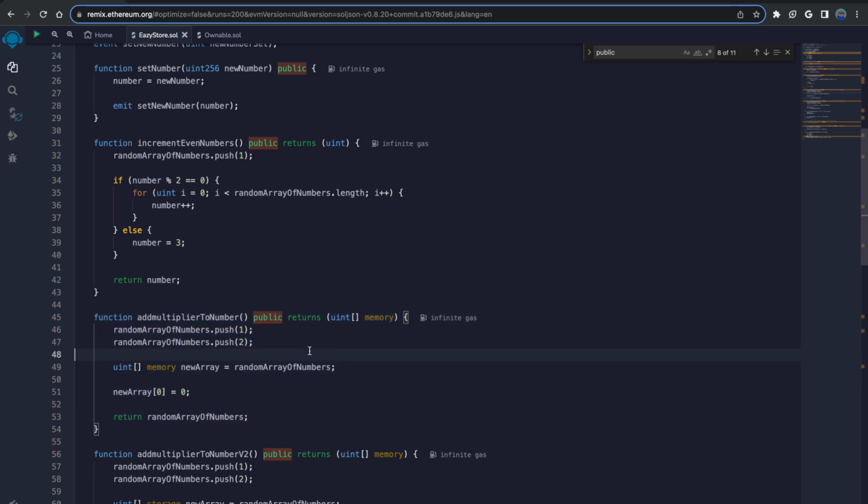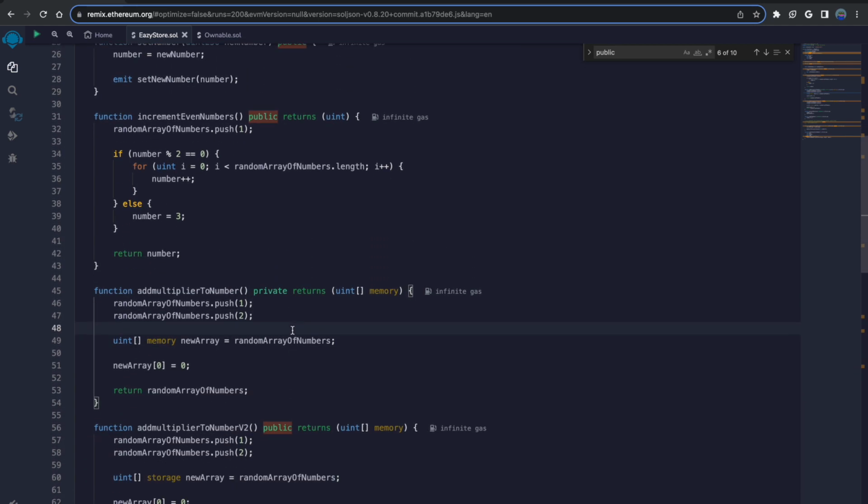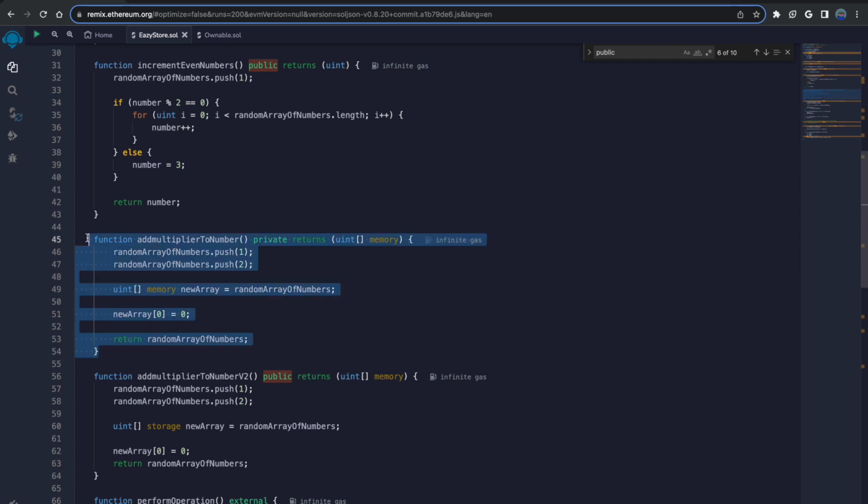We don't have any visibility modifier on it that's labeled private or internal. Actually, if you had that as private, only the contract can look at this function. The contract can use or see what this function is doing, right?